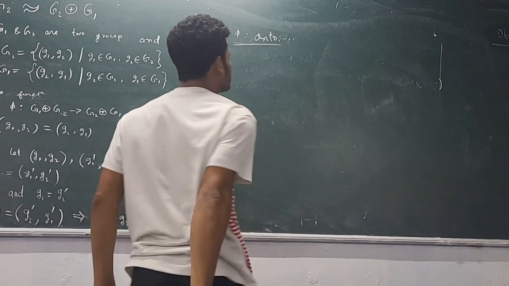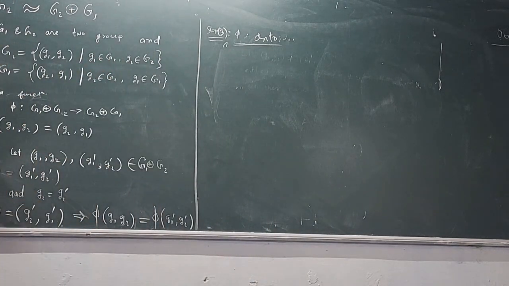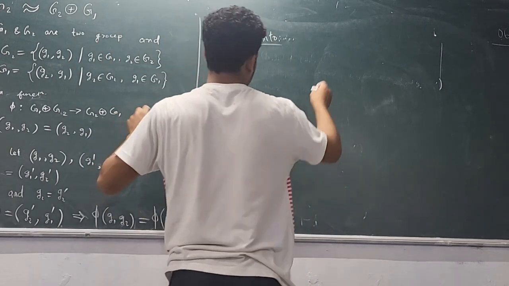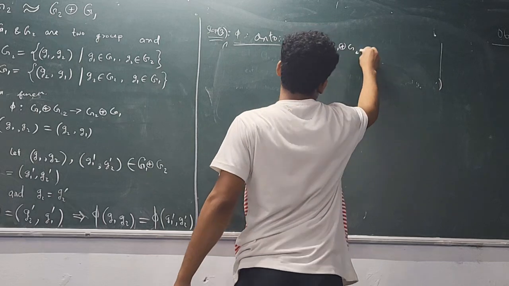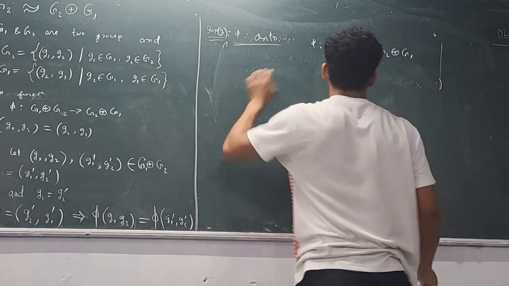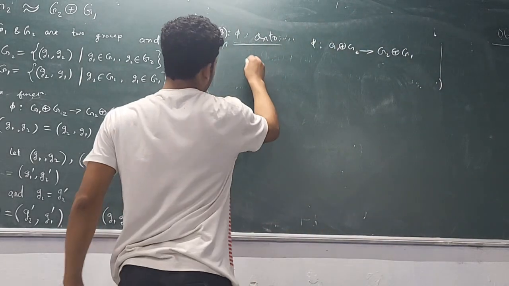How to show onto? Take an element in the codomain. What is the codomain? G2 extended G1. So phi is from the direct product G1 extended G2 to the direct product G2 extended G1. So this is the codomain. Take an element in the codomain. So let